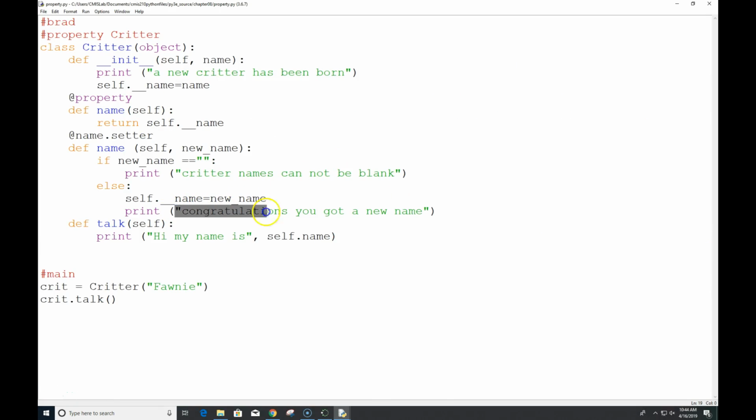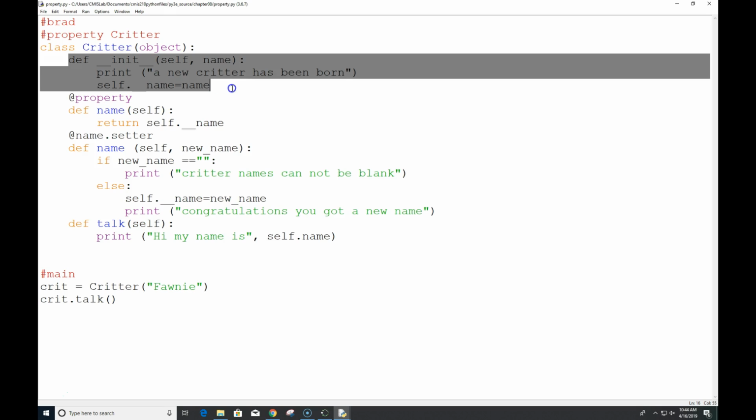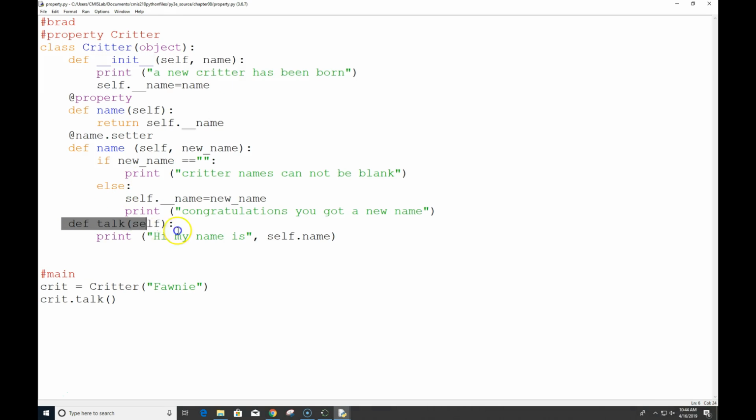Congratulate. You mean why this didn't run? We didn't change the name yet. So all we have done when we ran this is it ran this because that's that constructor, so that's going to run. And we ran this based on this function. We have not yet added the code in there, so we need to do that and figure out if we can make it change itself. And then we need to work on a few other pieces with functions.